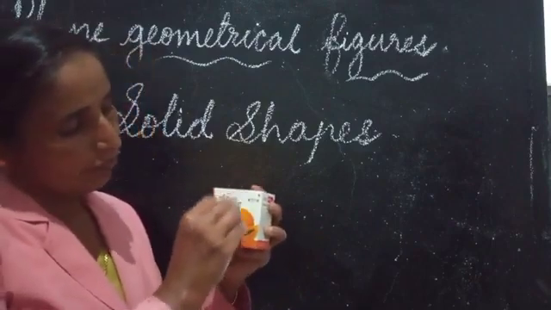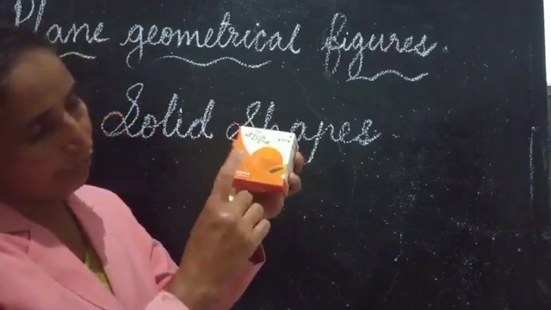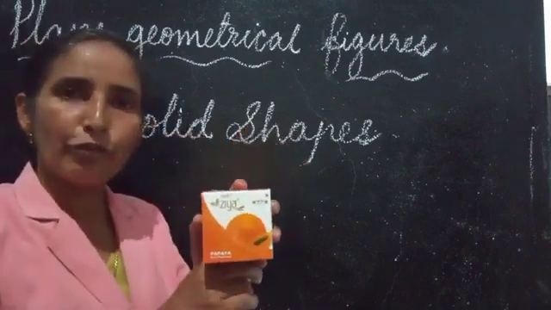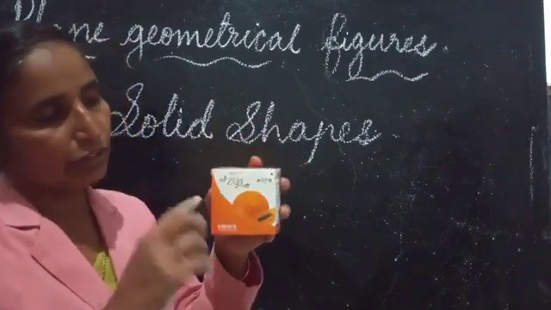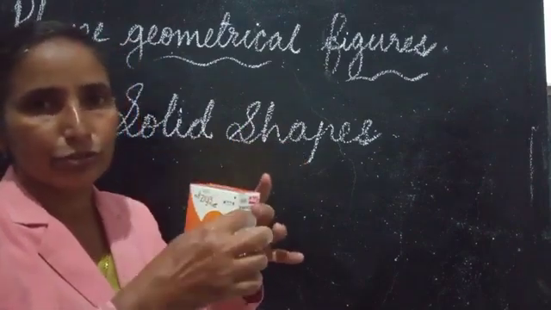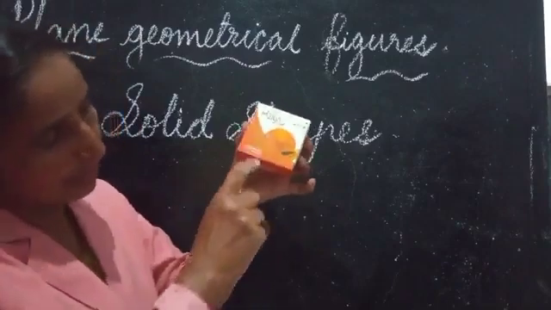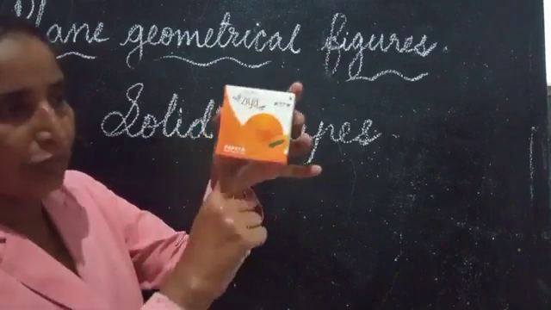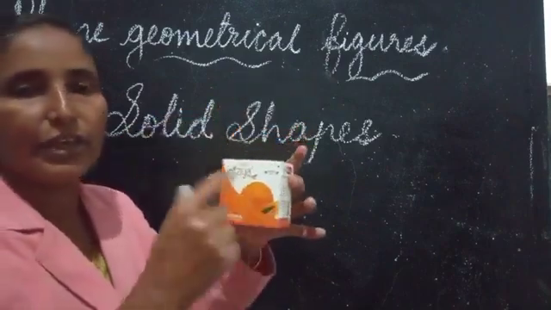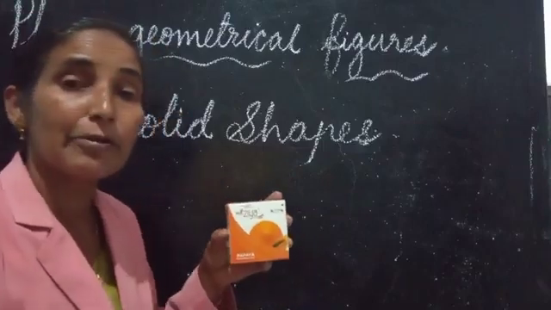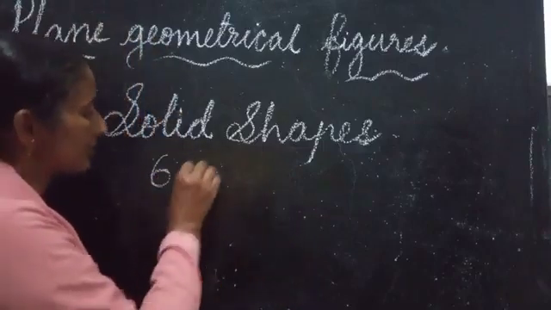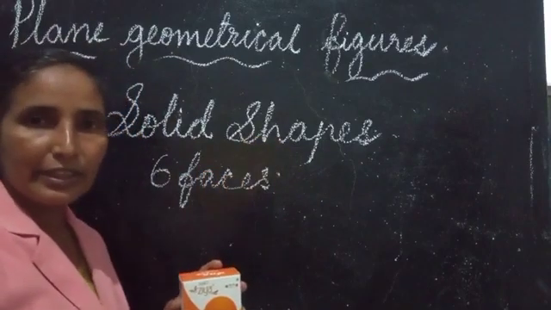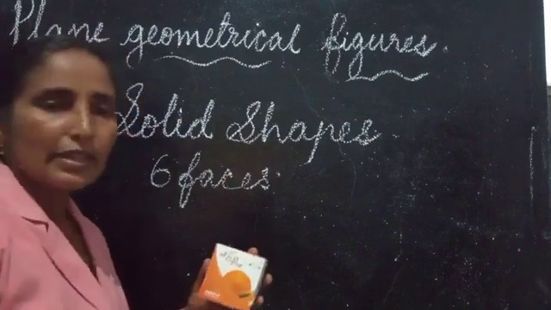This is also a cuboid. Here this is 1, down 1, 2, 3, 4. 1, 2, 3, 4 sides, and this side also 2. This side 2. Here 1, here 1. Down 1 we have counted. 1, 2, 3, 4, round we have counted. Then the other sides we have 2. So total how many faces are there? There are 6 faces.